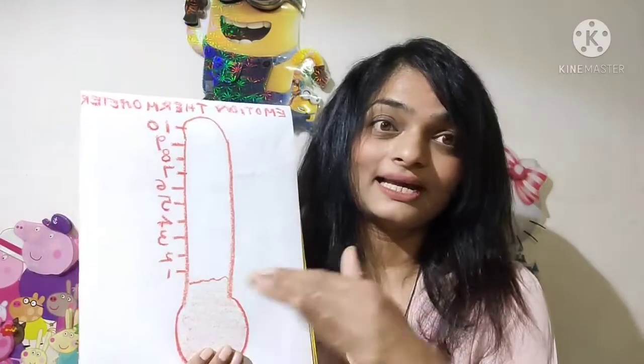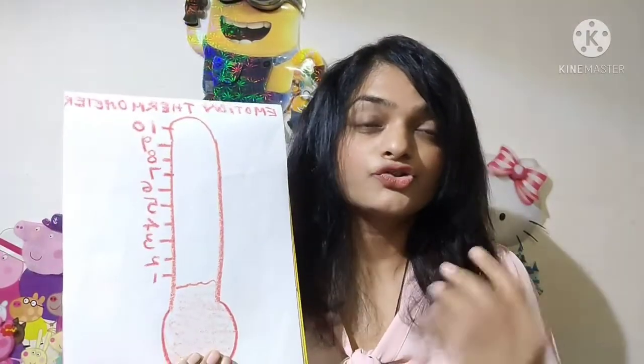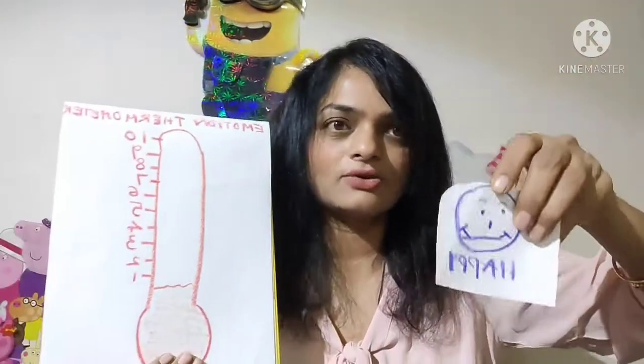So the same goes for sadness. If you're feeling very sad, you're at 1. If you're feeling averagely sad, you're at 5. And if you're feeling extremely sad, you're at 10. So what you can then do is cut out pieces like this. This is a happy face that has been cut out, and then you can ask the child,